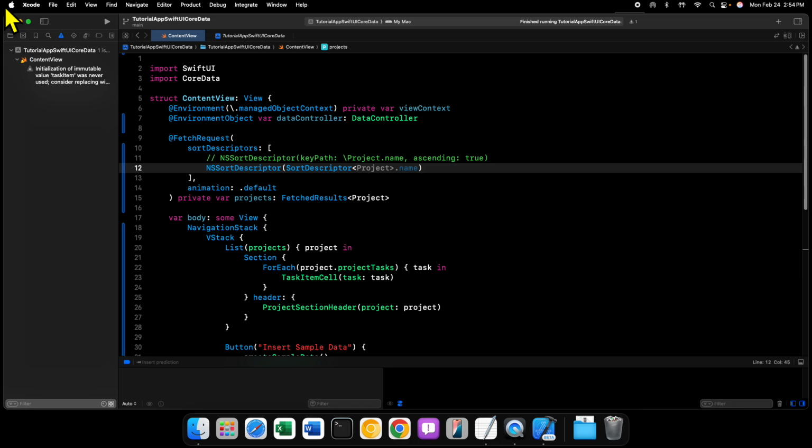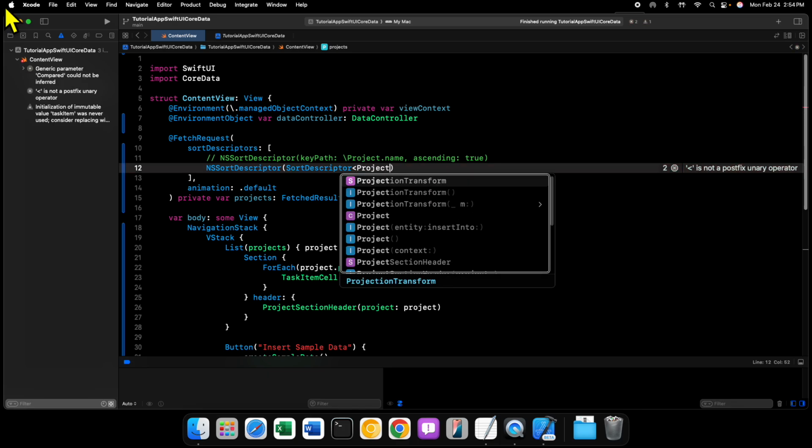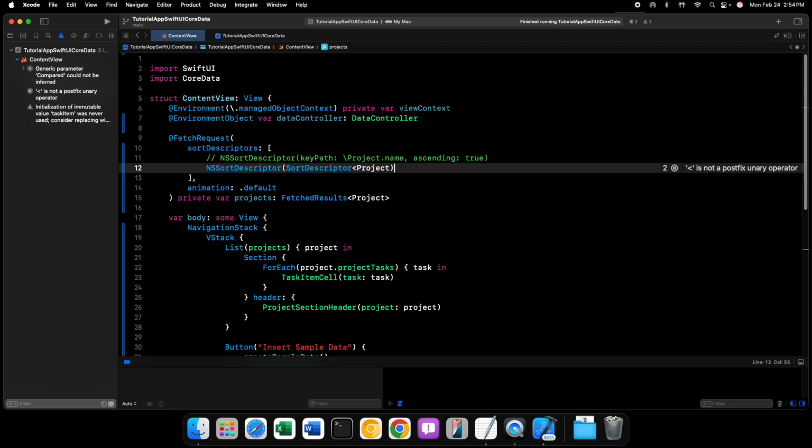I'm going to give it a generic type parameter right out of the gate. And we want this to be Project. And inside of the SortDescriptor's parameters, we'll say